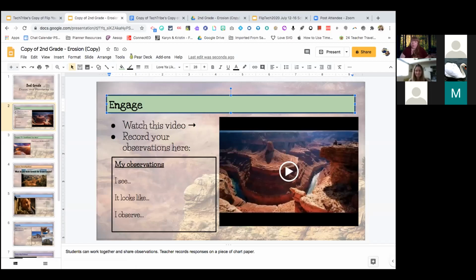When you're working with littles and students who might have disabilities, seeing a lot of text on a page might be overwhelming for them. This kind of limits what they see. They're only asked for their observations, I'm not asking them to write a whole paragraph. I'm just asking them to watch the video right there and record what they're seeing.